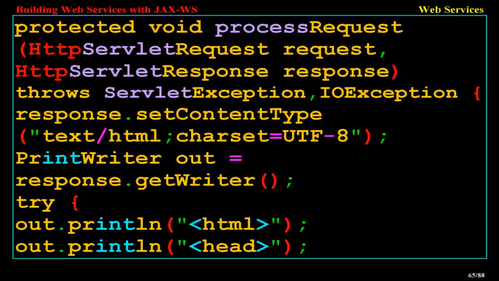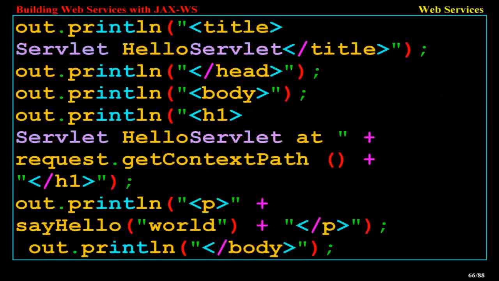response.setContentType("text/html;charset=UTF-8"); PrintWriter out = response.getWriter(); try { out.println("<html>"); out.println("<head>"); out.println("<title>Servlet HelloServlet</title>"); out.println("</head>"); out.println("<body>"); out.println("<h1>Servlet HelloServlet at " + request.getContextPath() + "</h1>"); out.println("<p>" + sayHello("world") + "</p>");